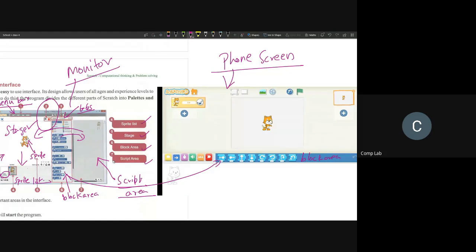Here you can see each block has a description, but here you can see only a small picture indicating the action. Since there is no space, they've taken this approach. Since the phone is very small, instead of having detailed instructions, we have some pictures only. So this is the difference between Scratch Junior and the full Scratch.